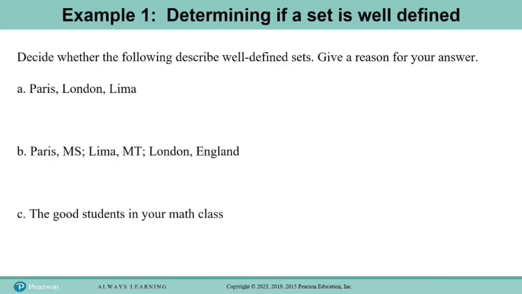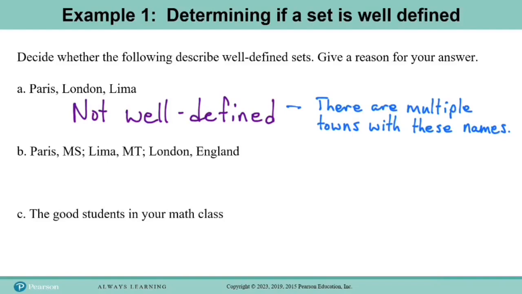So here we have example 1, and this says, decide whether the following describe well-defined sets. Give a reason for your answer. And in part A, it says Paris, London, and Lima. Now at first glance, this might seem like a well-defined set, but then if you find out that there are multiple cities with each of these names, then when you look at the list, you think, well, I don't know which Paris and which London and which Lima are being referred to. So it turns out that this is not a well-defined set, and the reason is that there are multiple towns